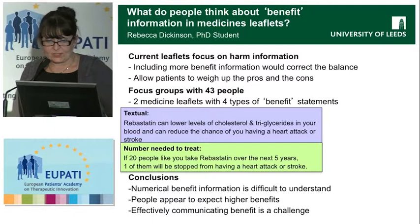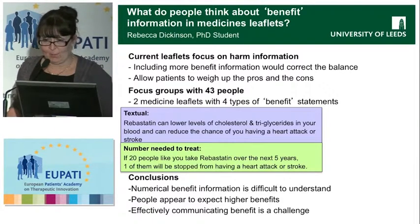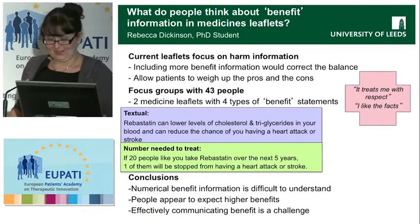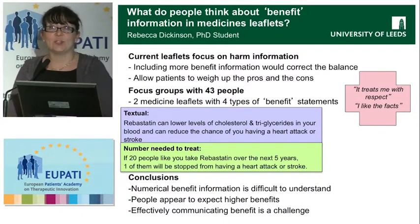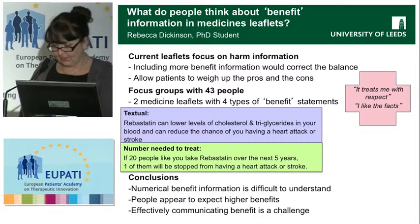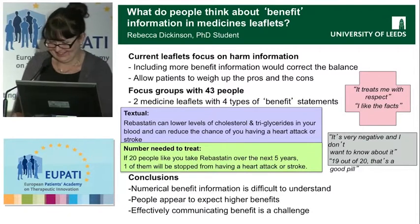So what did the patients think? Well, we'll start with the positive comments. So there were a small number of participants who liked the benefit information. And for this group, the information led them to feel that they were being treated with respect. And they felt that it helped them make informed decisions about their medicines. However, for the majority of the group,